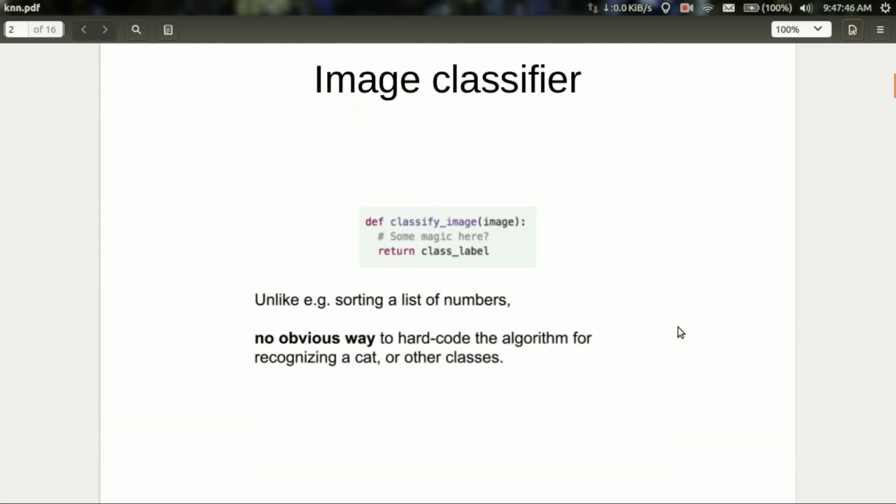If you were to write an image classifier with hard coding, you will not be able to come up with an algorithm which classifies the image in an accurate manner. I mean, if you were to write a Python function, a program which classifies images or a set of images, it would not be apt, because image recognition is just not about